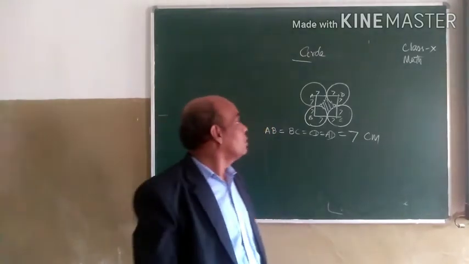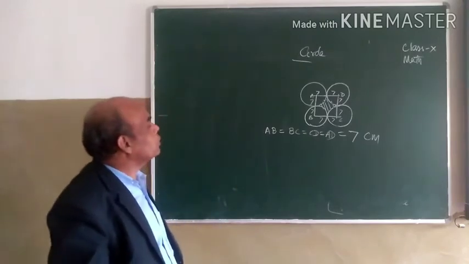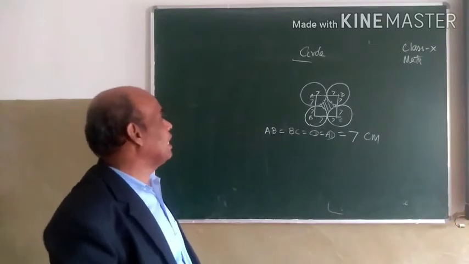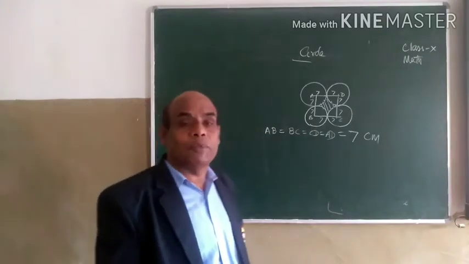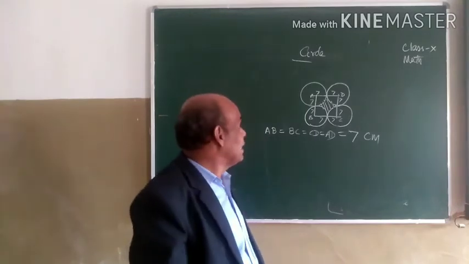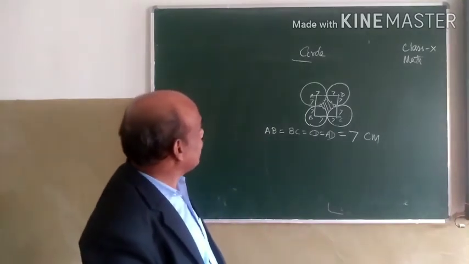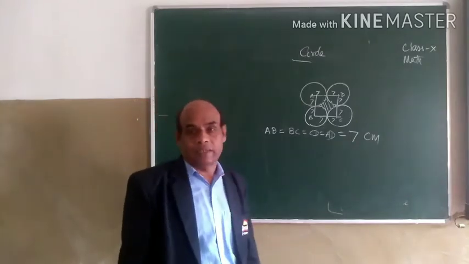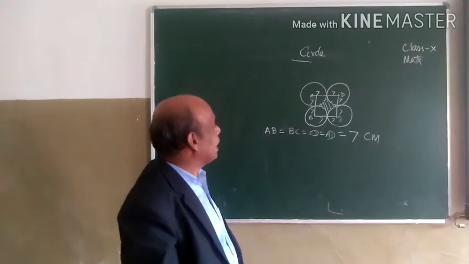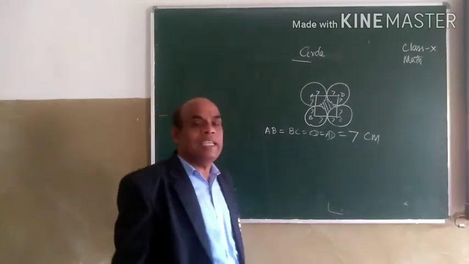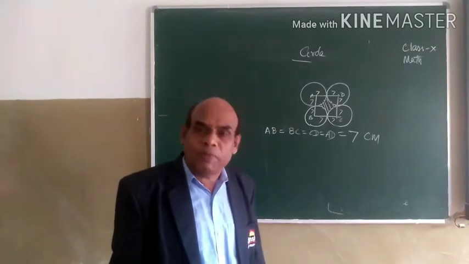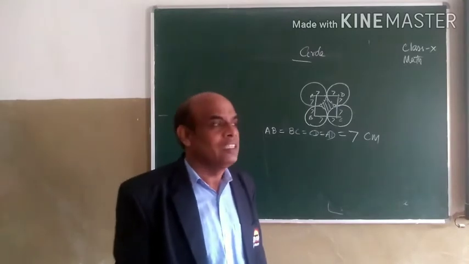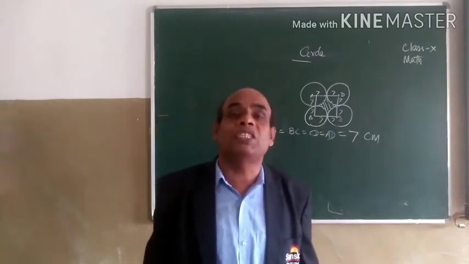Understood what I told? So you have to find out the area of the shaded portion. So you will say the area of the square. Which one is the square? ABCD is the square. So if ABCD is the square, dear students, already you must have come to a conclusion. Why is ABCD a square? Suppose any student will think, sir, why is it not a rhombus? Why is it not a rectangle?